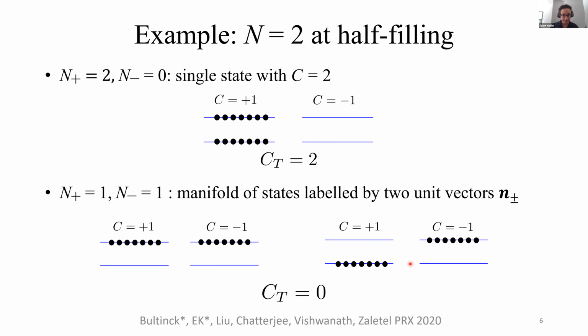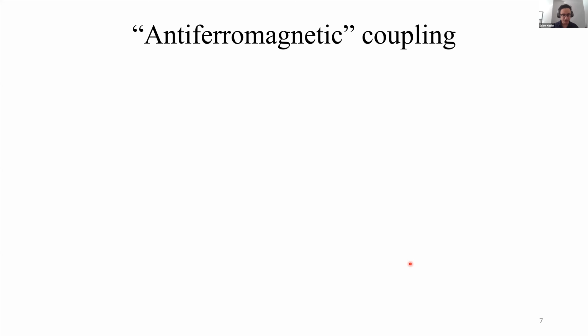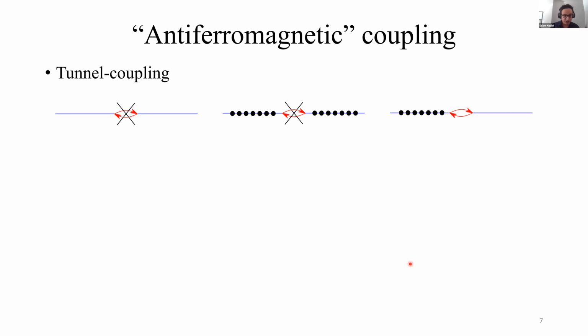do next. So what happens when we add back the tunneling? My main assumption is that the tunneling is smaller than the interaction, so it can be understood perturbatively. And to understand it, we can consider these 3 representative examples. So in one of them, the tunneling connects to empty bands. So in this case, it doesn't have any effect.